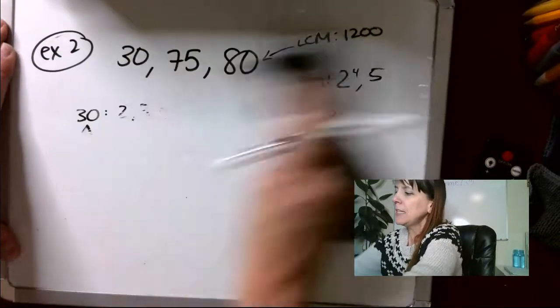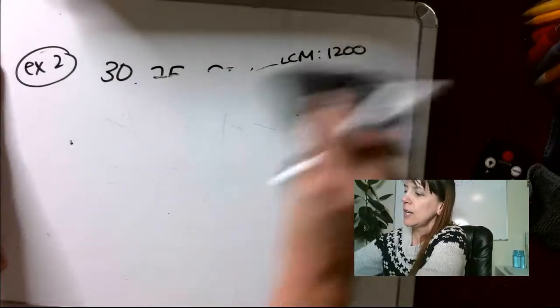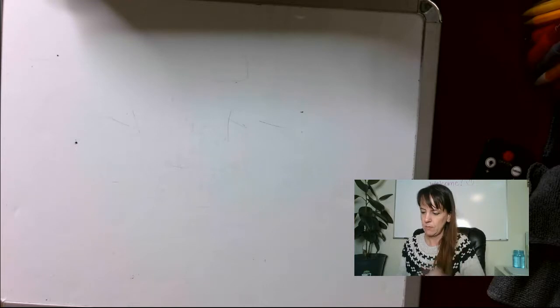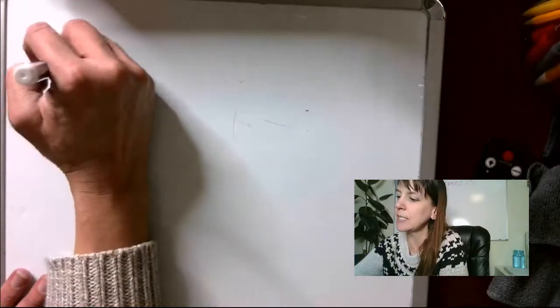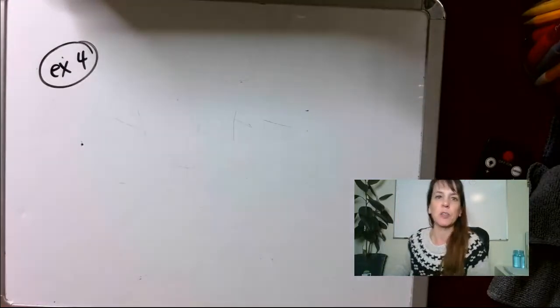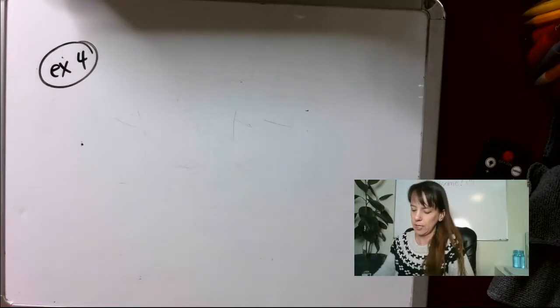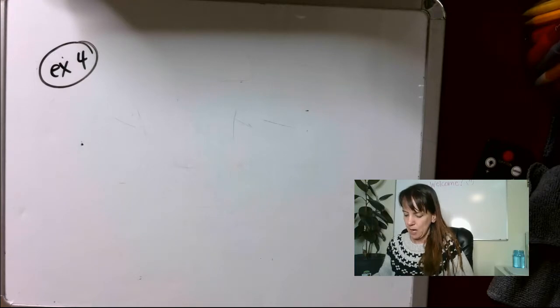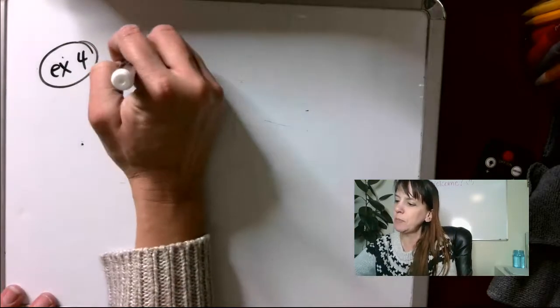So on these next ones, you are going to find the least common multiple of algebraic expressions. There's one more example in here if you wanted to look. There it is, Example 4. This is a little bit different, but there's one more of those number ones if you need to look. It's on page 173. Find the least common multiple of